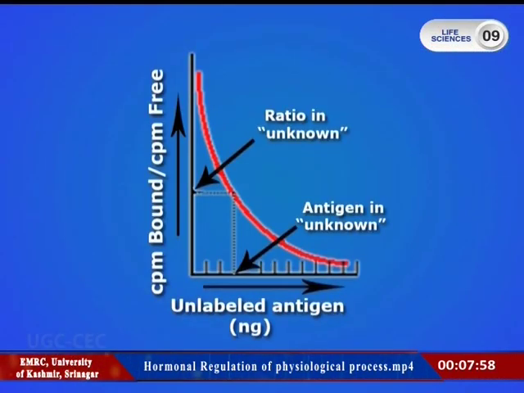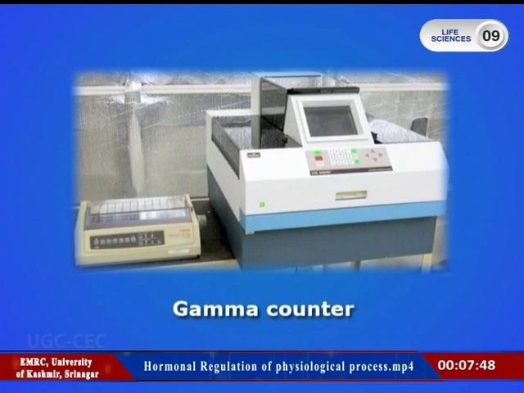The bound antigens are then separated from the unbound ones, and the radioactivity of the free antigen remaining in the supernatant is measured using a gamma counter. Using known standards, a standard curve can then be generated, which allows the amount of antigen in the patient's serum